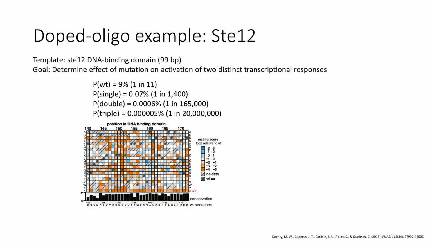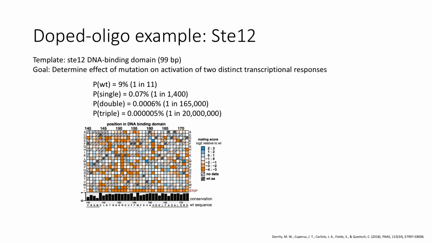Basically what you see is that it's very easy to cover all of the single mutations. It's reasonable to cover all of the double mutations, but covering all of the triple mutations is relatively challenging, and that's going to go up for quadruple mutations and so on. Additionally, that's for this 99 base per template, but those numbers start looking a lot worse as you go